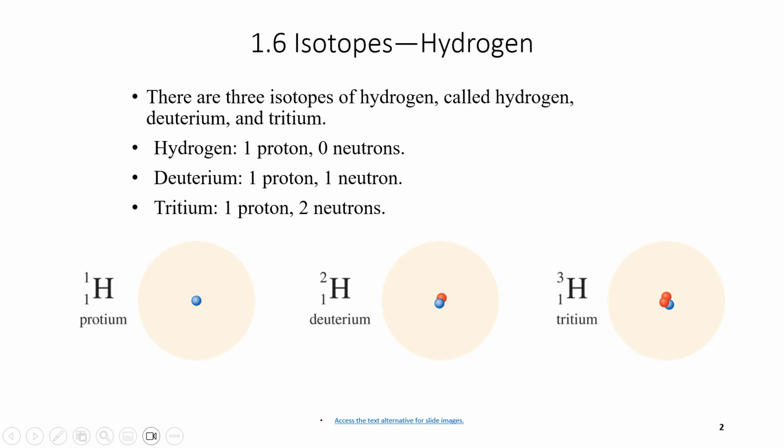Note that Z, or the number of protons, does not change. When we move to tritium, tritium has 2 neutrons. Therefore, it will have a total mass number of 2 neutrons plus 1 proton, 3. And the Z number, the atomic number, doesn't change. As you can see, as we move from one isotope to the next, all that is changing is the top number, the A number, the mass number, which is the sum of neutrons plus protons.